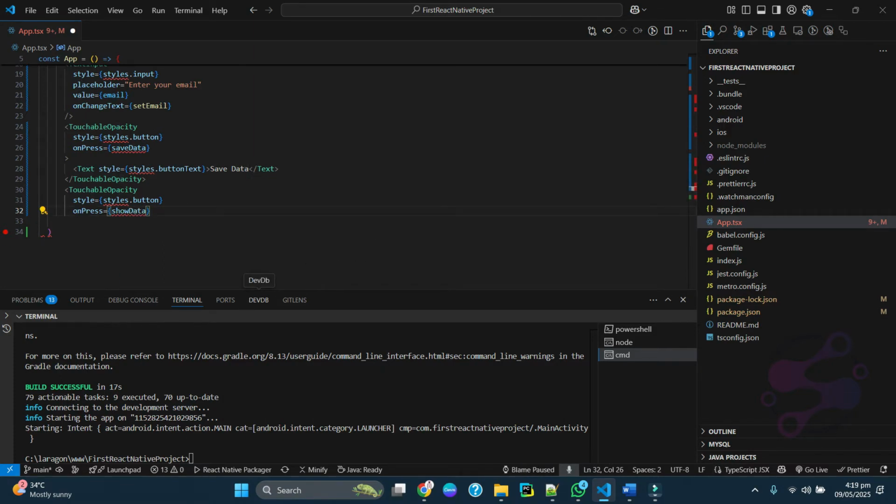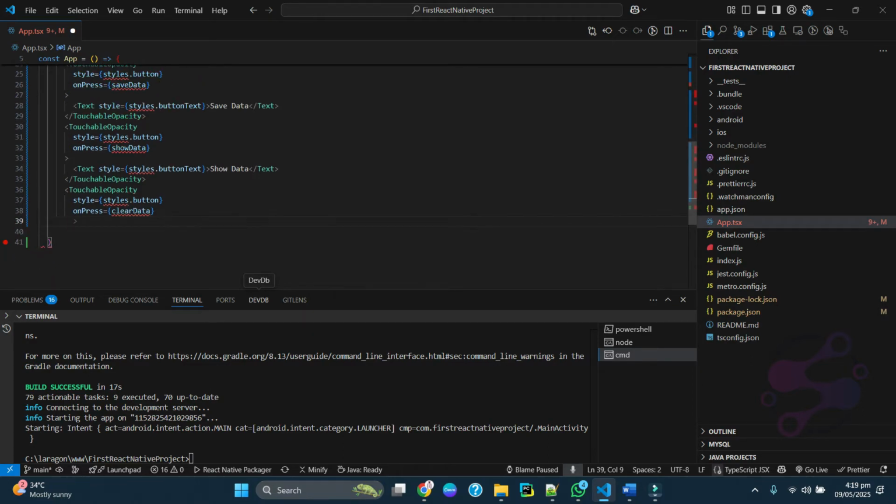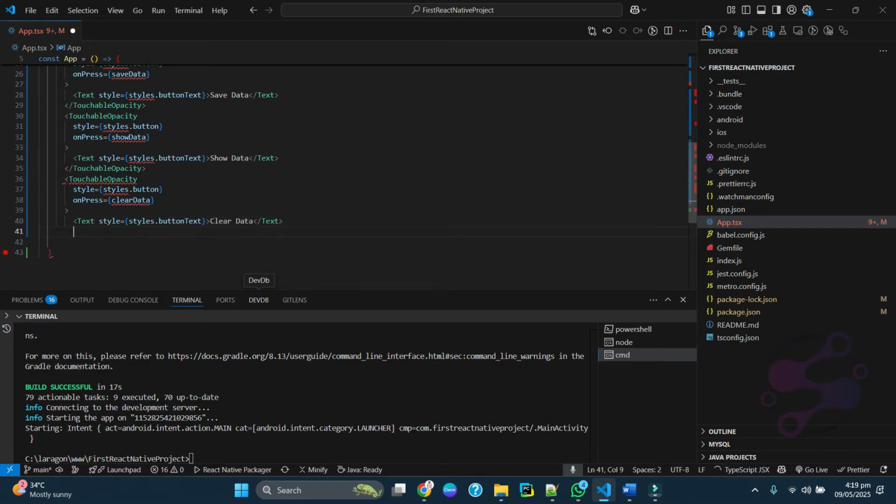I'm saying show data, and I'm saying clear data. Fine. Okay, so if I'm saying get data, show data or get data, both are the same thing. Get data.